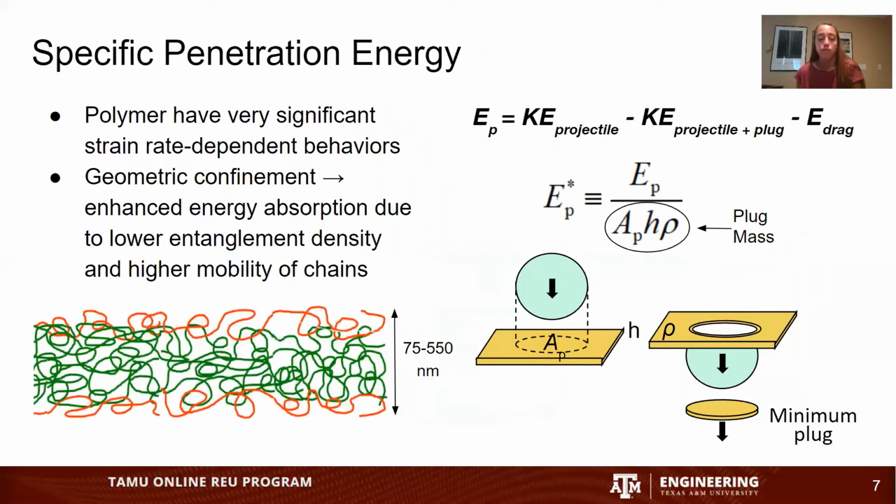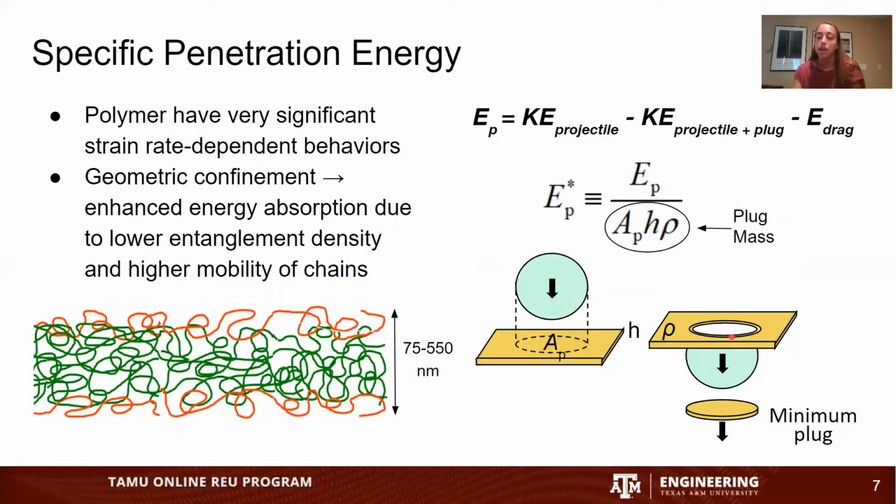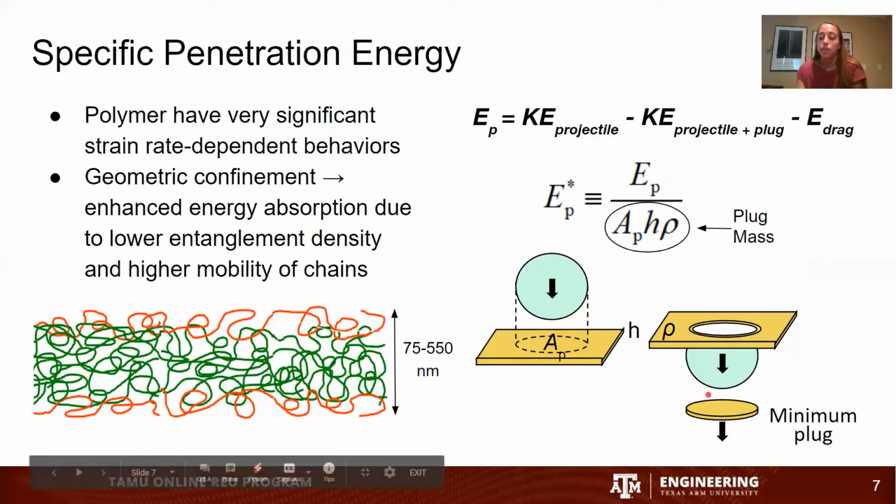A challenge that we have with LIPIT is how to compare the performance across different substrates. In order to do this, we define the specific penetration energy. Penetration energy is the amount of energy that the film absorbs as it is impacted by the projectile, and is defined as the change in kinetic energy with a minor consideration due to the energy of the drag of the projectile. When we divide the penetration energy by the mass of the plug, which is the amount of the film that travels with the projectile as it exits the film, we find the specific penetration energy, which we can compare